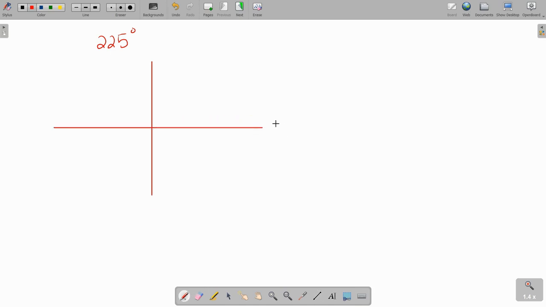Okay. So when you think about it, this will be 0 degree, this is 90 degree, this is 180 degree, this one is 270 degree, and one full cycle is your 360 degree. Now 225 is an angle that is a little bit more than 180, so it will lie in the second quadrant. Sorry, not in the second quadrant, my bad, it's in the third quadrant, somewhere here. So this angle is